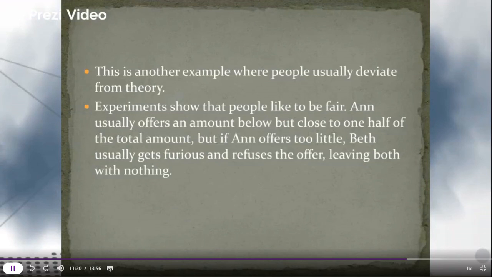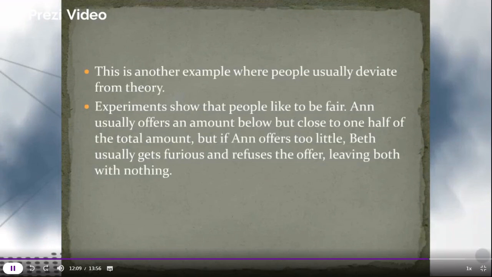So in reality, if the division has to be made between two friends who know each other, then it becomes very interesting. If I'm a friend of yours and you are given the opportunity to divide the money, you may divide it in half. Or even if I'm a stranger, you don't want to risk getting rejected and getting nothing. So that time also you may find it fair to divide it in half. Either you have a preference for fairness, or you just want to avoid risk. Whatever it might be, this is what the result shows.